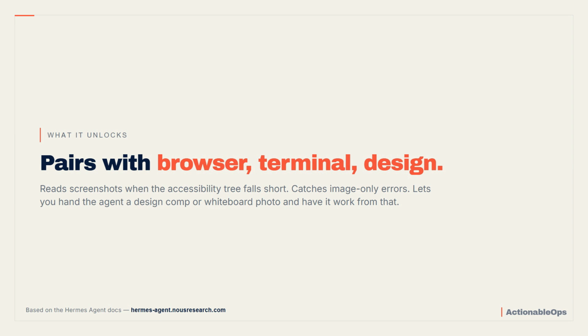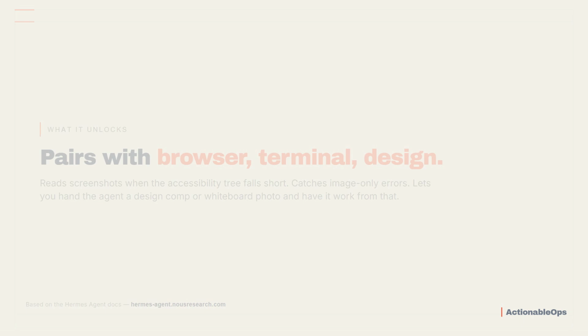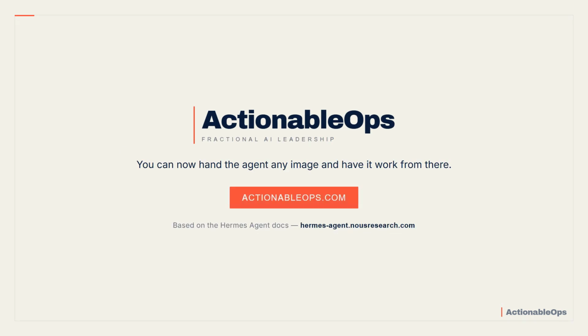Vision pairs naturally with browser automation, with the agent reading screenshots of pages where the accessibility tree falls short. It also pairs with terminal output, when an error renders only as an image. And it is the easiest way to hand the agent a design comp or a whiteboard photo and have it work from that. That's Hermes Vision and Image Paste, built by